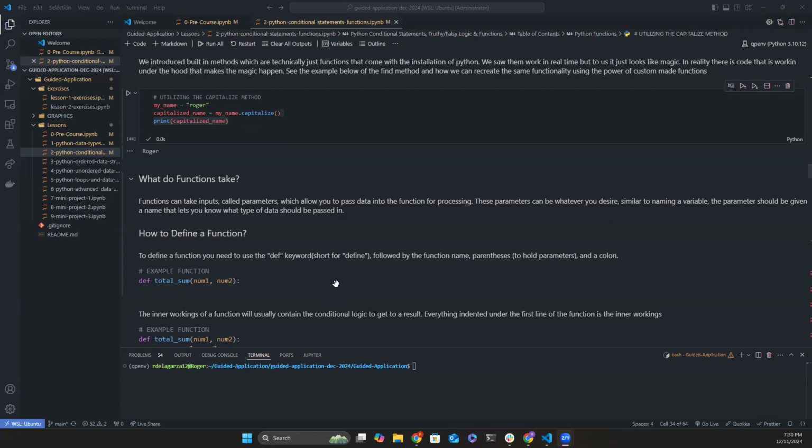All right. Let me know if you guys have any questions, because for me, as a beginner coder, when I first started, functions confused the heck out of me, right? So that's how we define our function. Now,